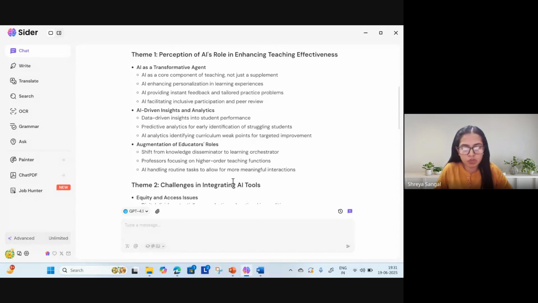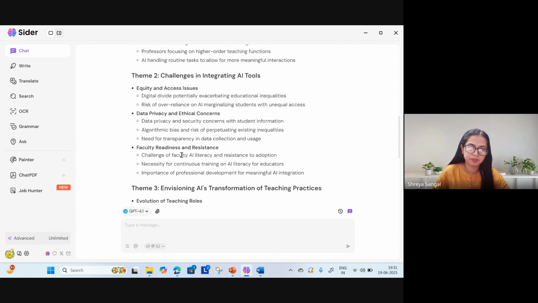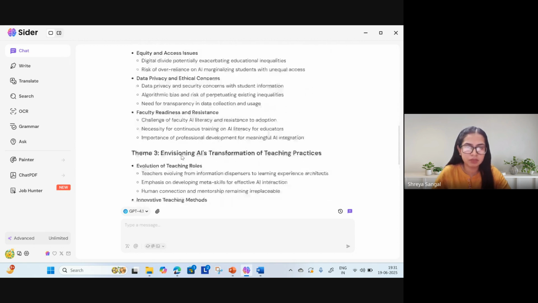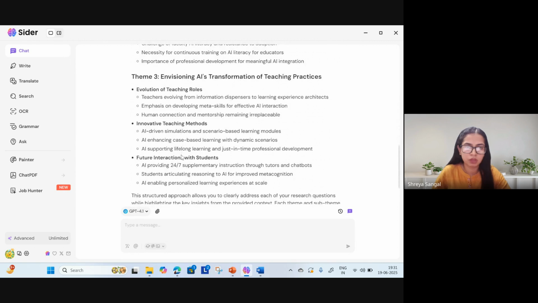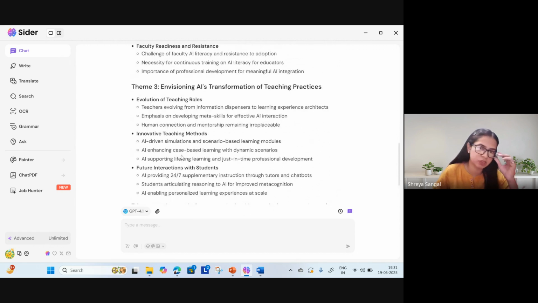Giving you 2 to 3 minutes to try this. For me, each theme has 3 sub-themes. So yeah, 3 themes and 3 sub-themes under each. You can copy them and paste it into